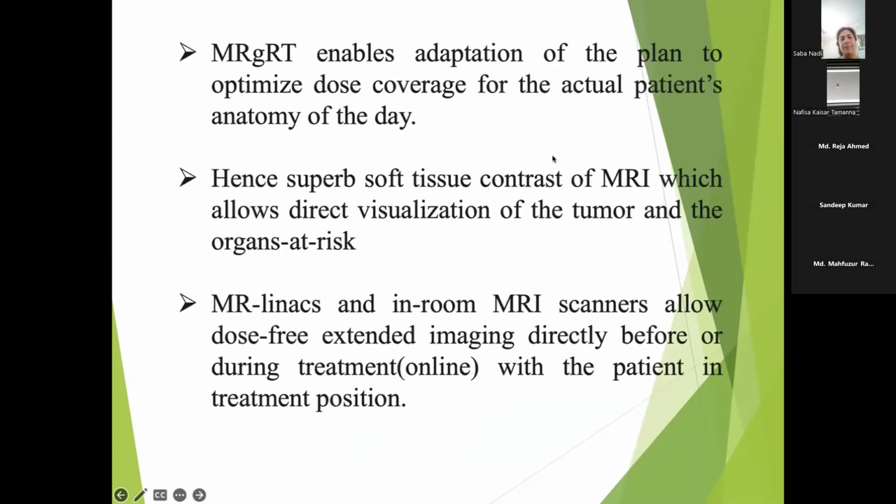So MR guided RT enables adaptation of the plan, optimizing dose coverage for the actual patient's anatomy of the day, hence the superb soft tissue contrast of MRI. With MR Linac and in-room MRI scanners,